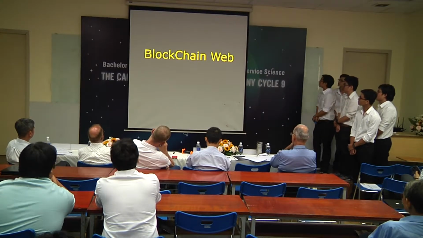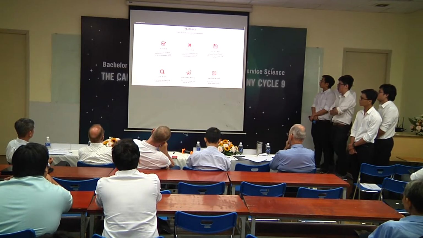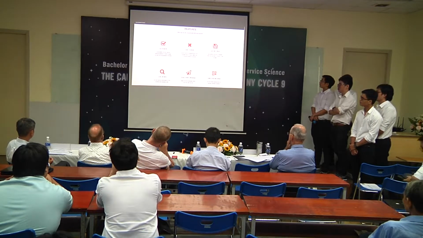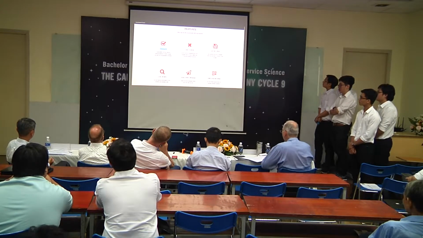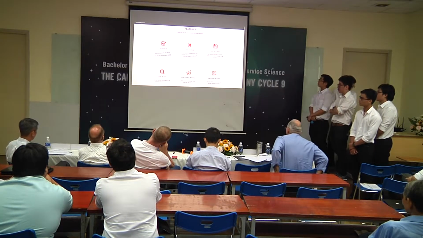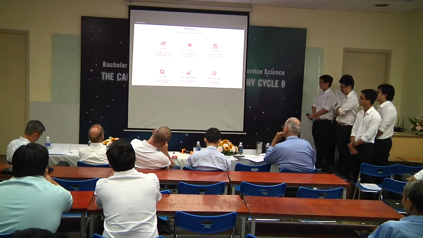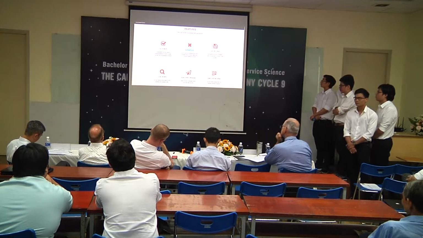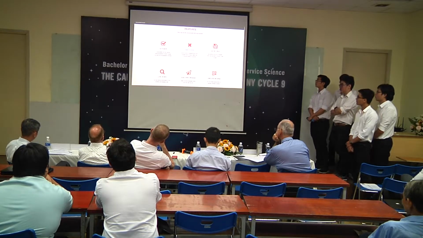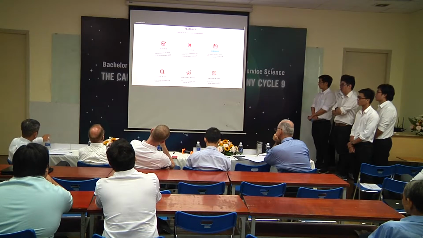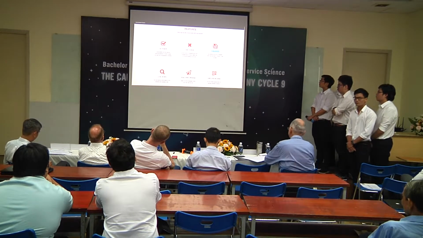Next part is the blockchain web application. As can be seen, here is the blockchain web application. There are 6 main features. The first one is the authorizing function, which is used for adding new hospitals or employees to the blockchain. The second one is the unauthorizing function, which is used for deleting hospitals or employees from the blockchain. The third one is add records. We use this function to store new records of trainees with the record hashing.